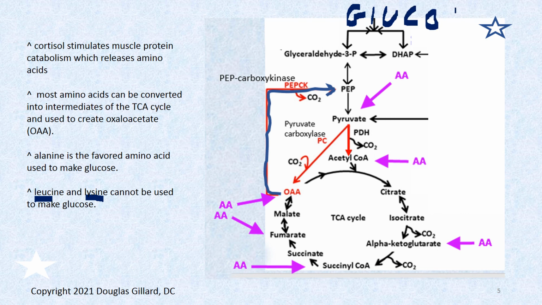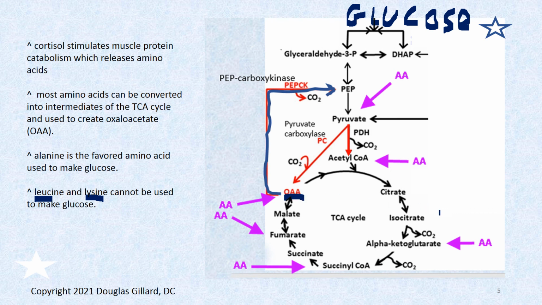Let's see if I can. I write so slow. Anyway, that's kind of where we're going. But you can see that most amino acids, these are the intermediates of the TCA cycle. Recall that from glycolysis you make pyruvate. Pyruvate is converted into acetyl-CoA, which is converted into citrate by bonding oxaloacetate with acetyl-CoA. And then it goes to isocitrate, alpha-ketoglutarate, succinyl-CoA, succinate, fumarate, malate, and then into the star of the show here,